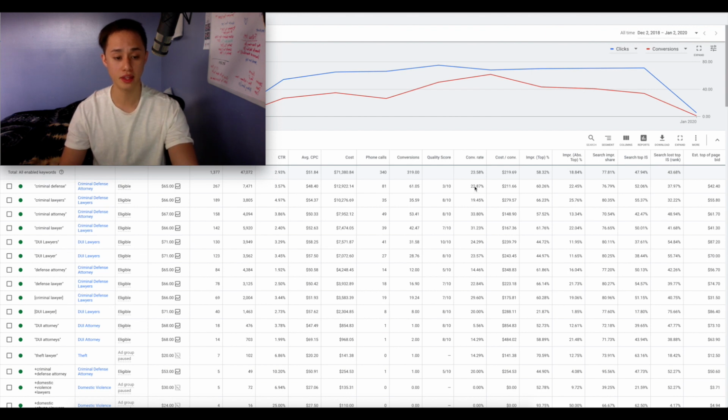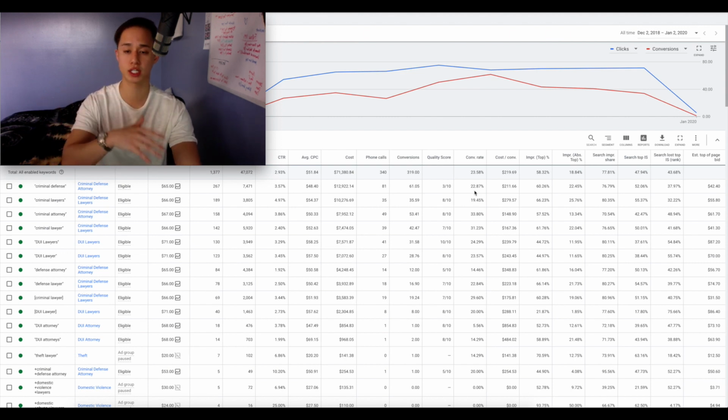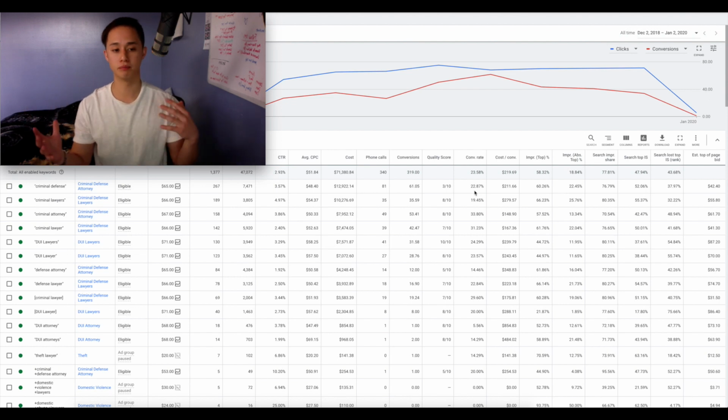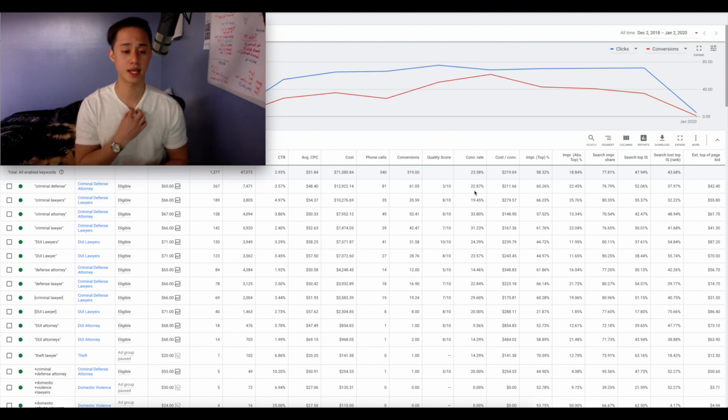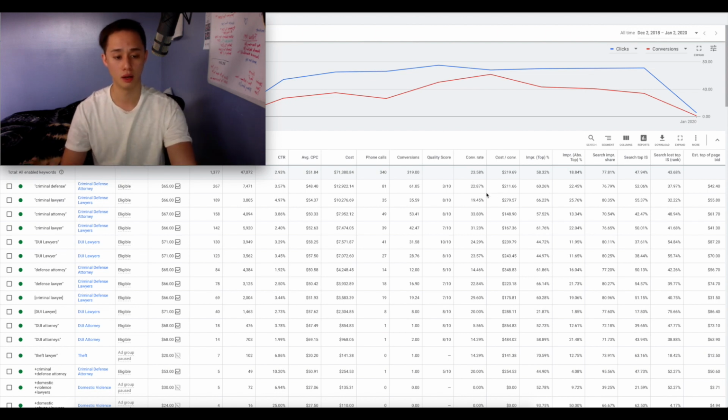And then conversion rate. Conversion rate is something that I really like to look at, because it tells me which keywords, which ads, which extensions, what mobile or desktop device is converting, what is profitable, and what is not profitable for my client. So it only makes common sense to leave on the keywords and ads that are profitable, and turn off everything else that is not profitable. So as you can see here,